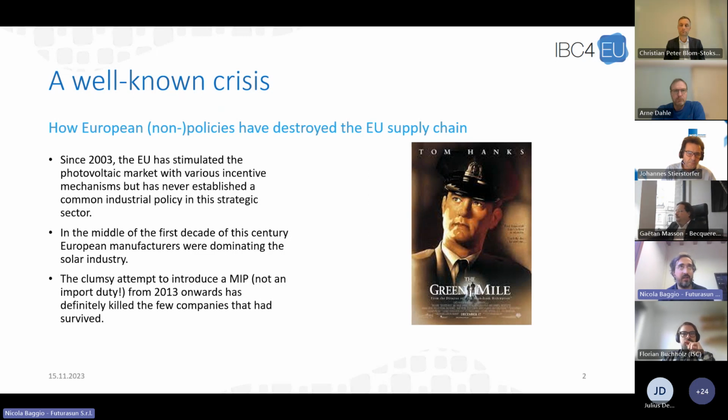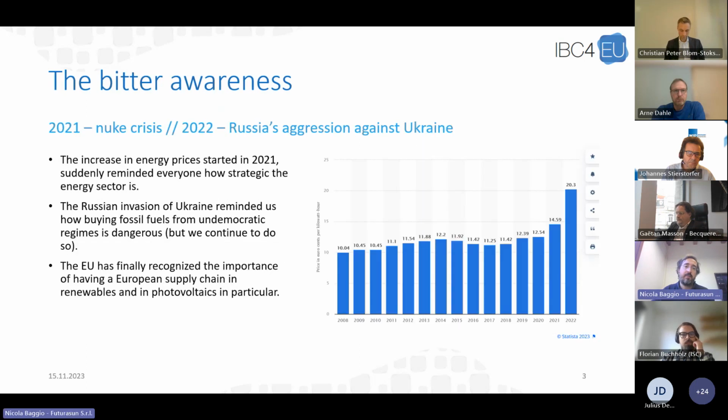One example is the MIP, and just to clarify, it is not an import duty. Nowadays there is a big discussion between different European associations in the solar sector related to import duty. It is an instrument, but this instrument was never really applied. The MIP is a completely different mechanism, and this type of mechanism really didn't help the industries survive, due to import duties also on solar cells, on glass, and so on. We finally recognized, at European Union level, that